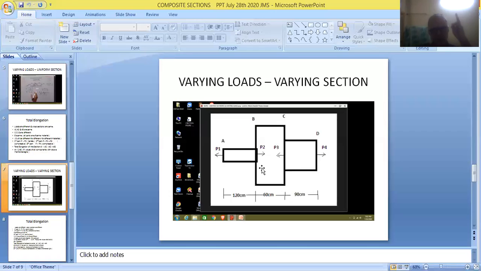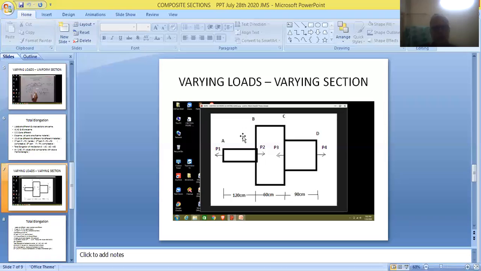So friends, this is the way of preparing equations and solving problems. We have already covered two topics, and this is the third topic, and this is the methodology to be used for solving problems on the third topic. Here alphabets are mentioned: A, B, C, D. AB represents the first component, BC represents the second component, and CD represents the third component.